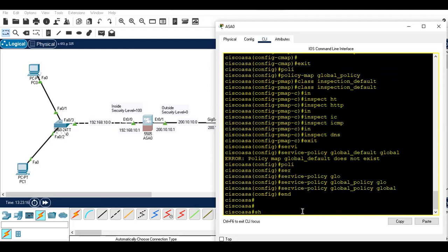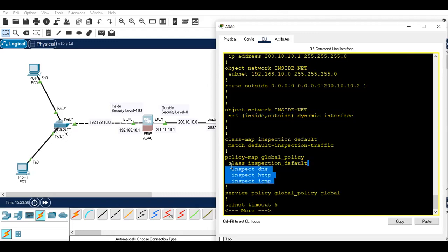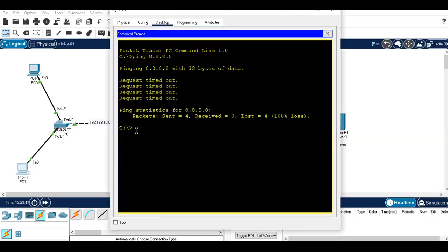Okay, let's go with verification. Show run. The NAT is configured. That's what we can see here with the dynamic interface configured. So we configured those three inspections for DNS, HTTP, ICMP. The service policy is configured and also matches the default inspection traffic. Okay, so let's go ahead and check if you're able to now ping the Google IP address,